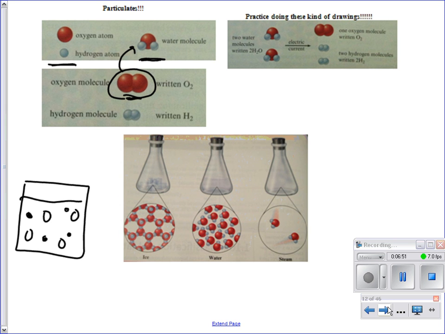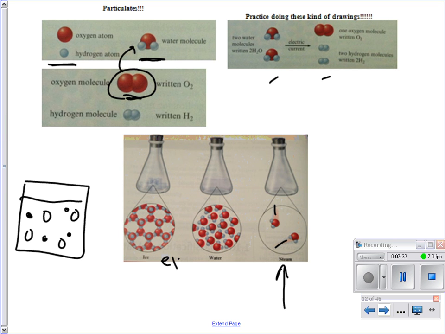You might have to draw reactions. You might have to draw compounds being decomposed to elements or vice versa. You might have to indicate state of matter visually. So here we have steam. Why does that look like steam? I mean, we've got these little lines at the end coming off, showing they're moving very quickly. What else makes this seem to be steam? Scattered and far apart. Okay, gases are further apart than liquids. Liquids are closer together.